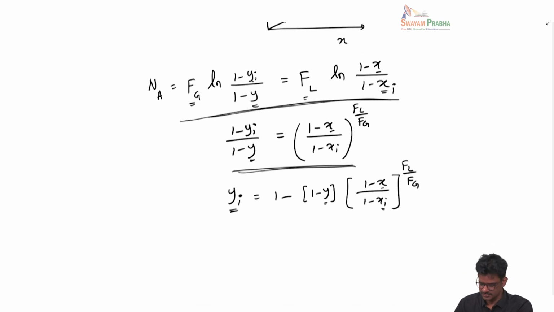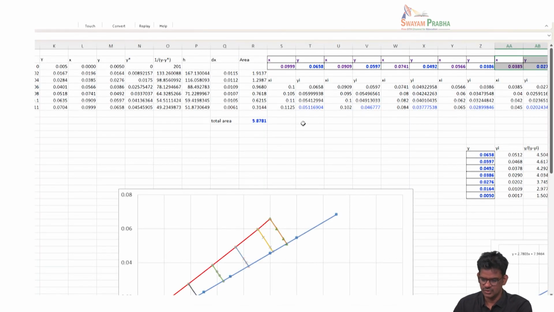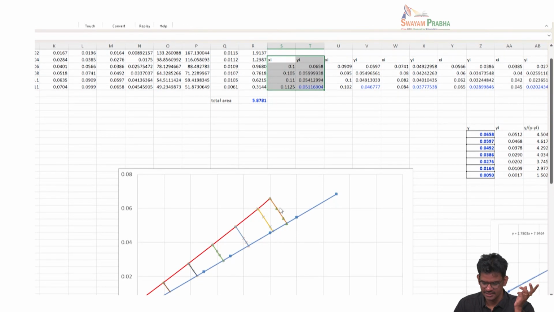So then I generate this xi and yi value from those lines. I am going to choose a range of xi values and then calculate the yi values from the driving force line, and you get a set of values, and I plot that line,